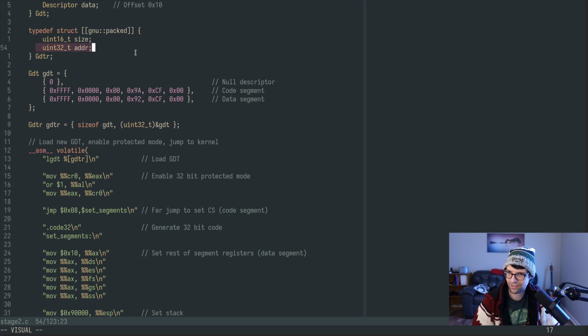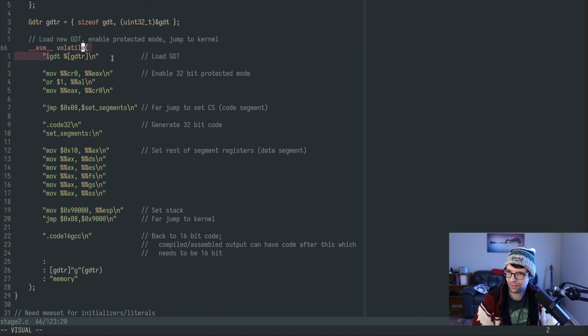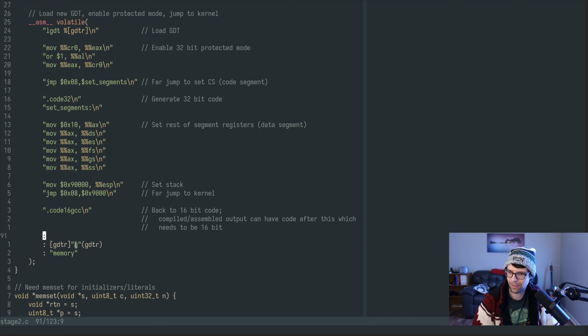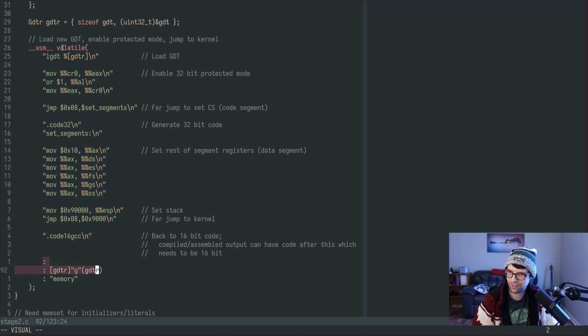For the address here, it's not a pointer, so I have to cast the address into the plain 32-bit value from the pointer value there. You can use C variables, global variables, local variables, whatever, in here, for example, with a named parameter that I'm using, which is a general-use intermediate or memory or register, whatever, constraint here for input. For output, there's nothing, so again, technically I don't need the volatile, but I'm putting it there to be extra